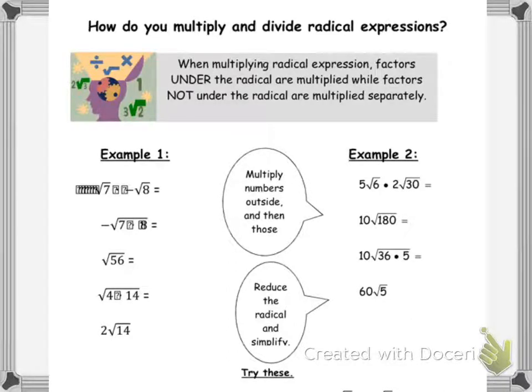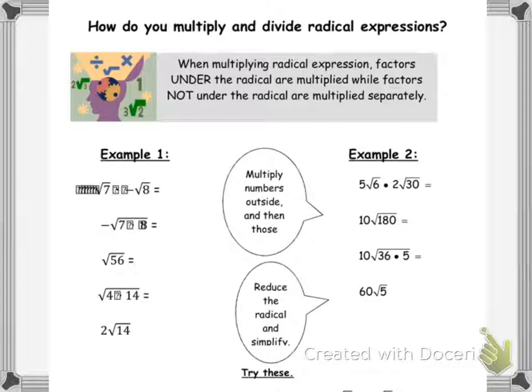Alright, so right here, how do you multiply and divide radical expressions? When multiplying radical expressions, factors under the radical are multiplied, and factors not under the radical are multiplied separately. Alright, so right here,